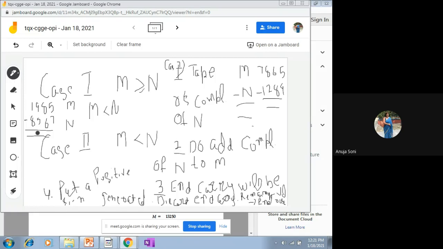And in order to get the original number, what will the third step be? You need to take the tens complement or the twos complement of the resultant number in order to get the final value of the answer. Only the third step will vary in case 2. So what will the third step be? Say I am writing it down here due to the lack of space. Here will be the third step in case 2.